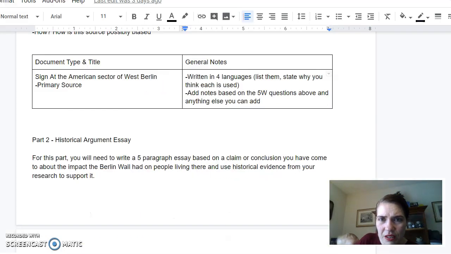Let's go back into mine. Part 2, historical argument essay. You need to write a 5-paragraph essay, which means you use the format intro, body paragraphs, conclusion, and you need to base it on